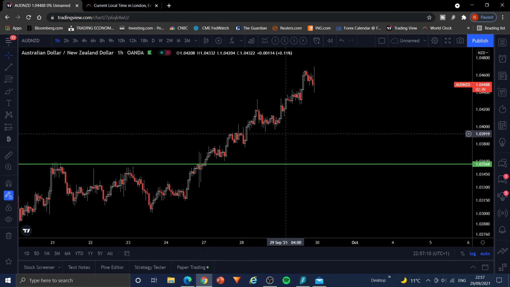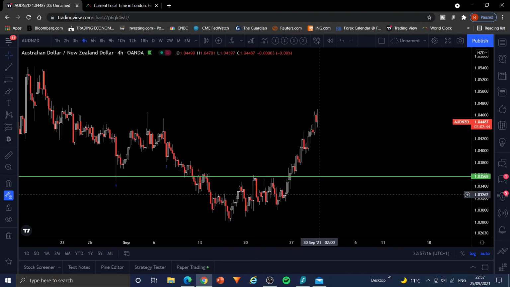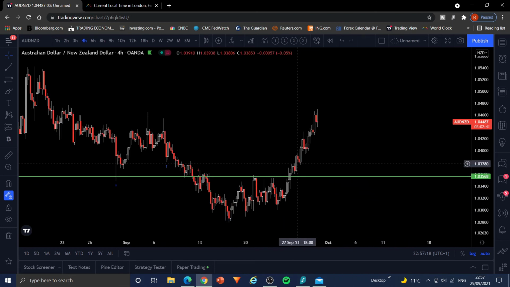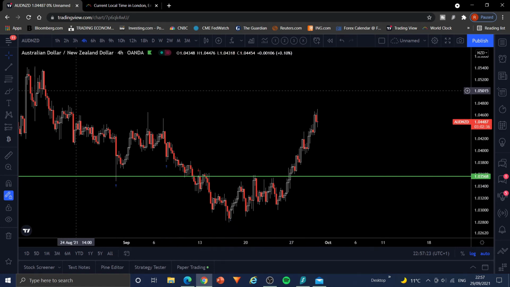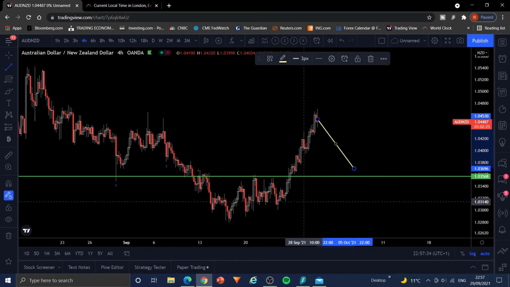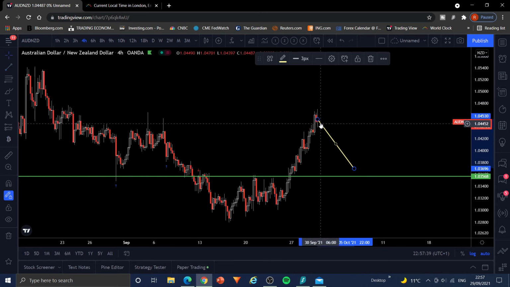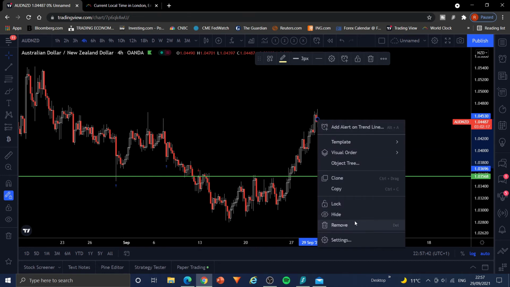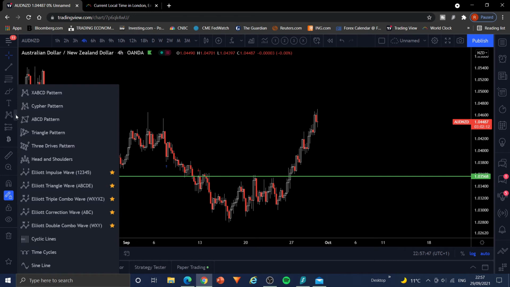I'm looking now for a reason to get long. Now, let me just have a look at this closely, because at the moment I cannot see any patterns giving me a reason to get long. So the next thing I'm going to be looking for is price to give me some kind of retracement, and hopefully take me into the long side. But I'm only going to take that if the sentiment and the bullish fundamentals back that up, aren't I?